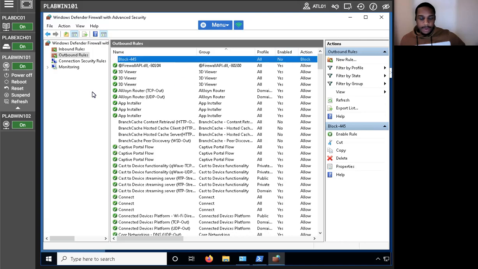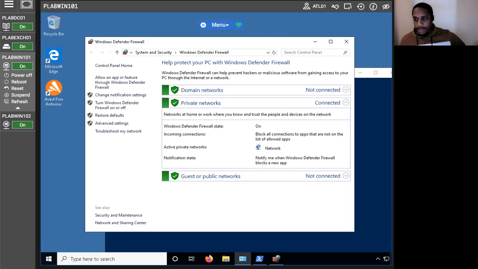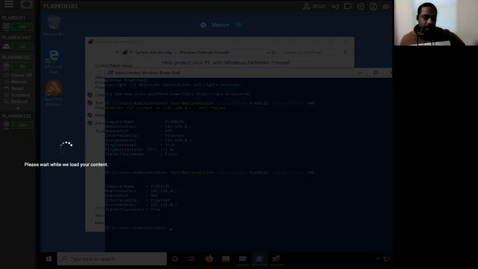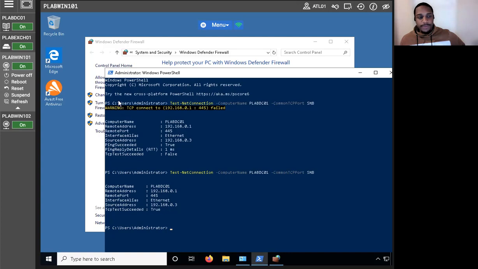So now it's set to no as far as being enabled under that column. So then we're just going to verify that it has been disabled, right? I'm going to go back here, test it out again. Should give us a true. That's what we want to see. Everything is working properly. Perfect. Now what we've successfully done is made sure that we were able to test the connection for this particular task, right? So now that we were able to create an outbound rule and verify that the outbound rule worked properly with blocking port 445, right? So now what we're going to do is move along to our next exercise, which is going to be managing